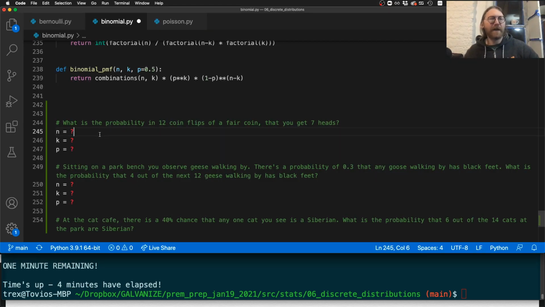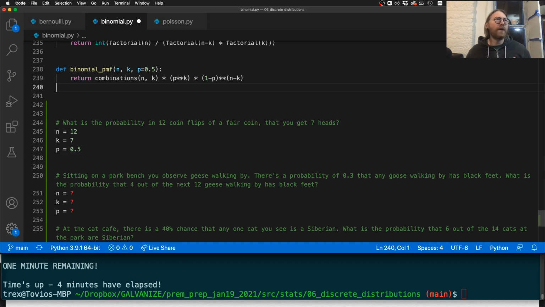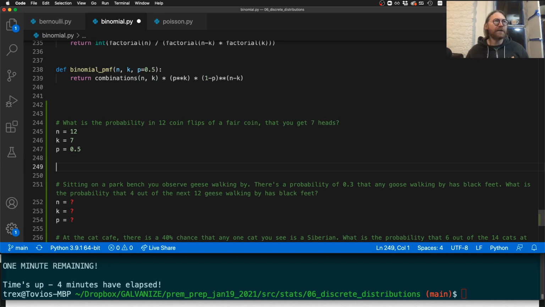So I think everybody's pretty much got the hang of this. Probability in 12 coin flips of a fair coin, getting 7 heads. Well, we're assuming a probability of 0.5, right? And K is going to be 7. That's 7 successes out of 12 trials. And we can just call this with the binomial PMF, and we should get